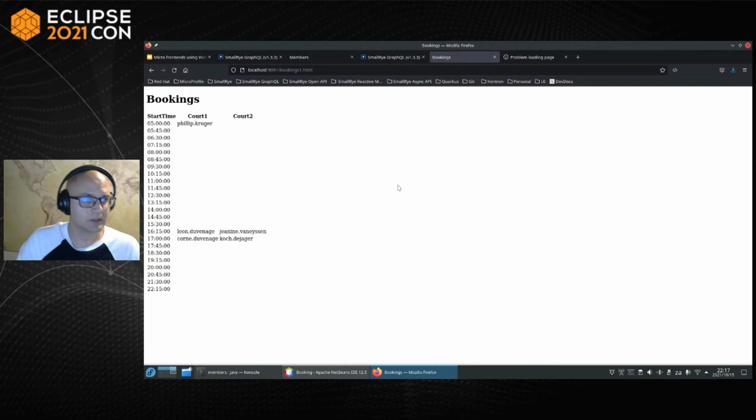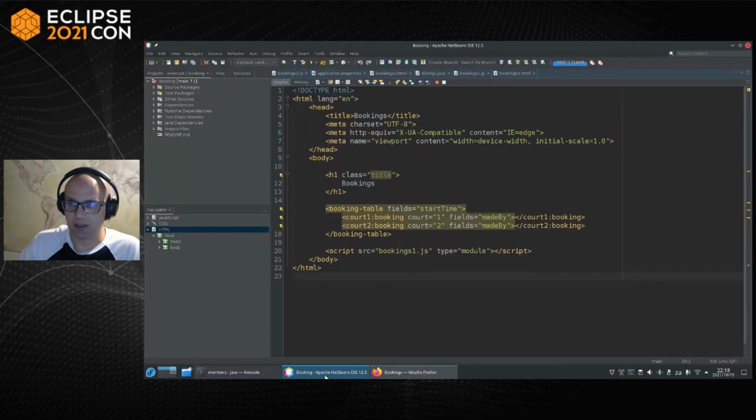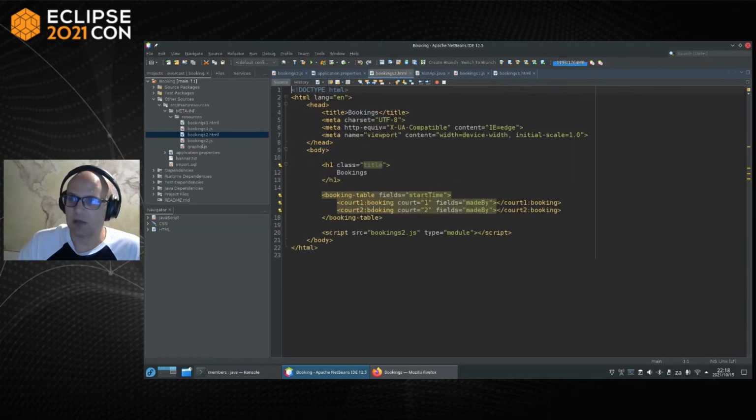it loads the bookings. The problem with this now is that the name here is the username, because when the booking system booked the court, all that it has is the username. So we want to put a component on here where I can give it the username and it translates it to a nice name. We can do that by the HTML looking exactly the same,